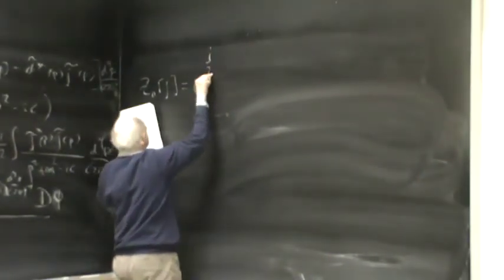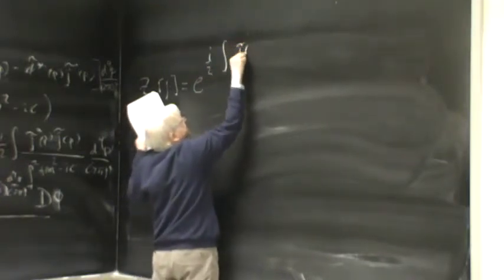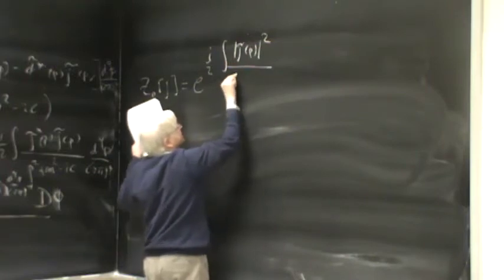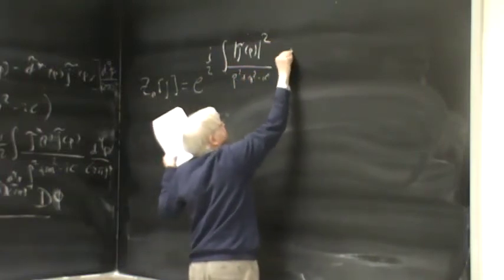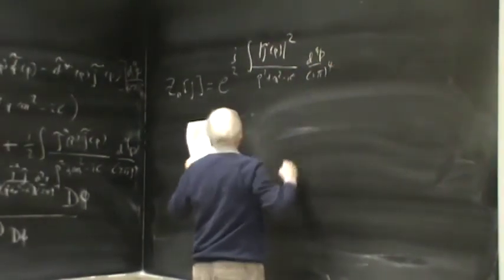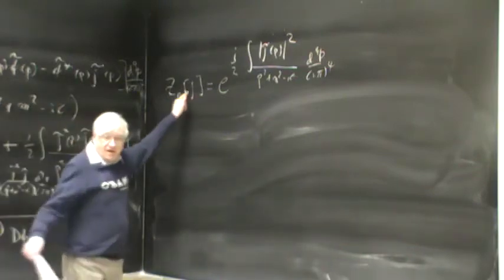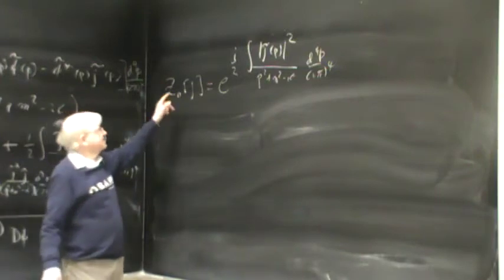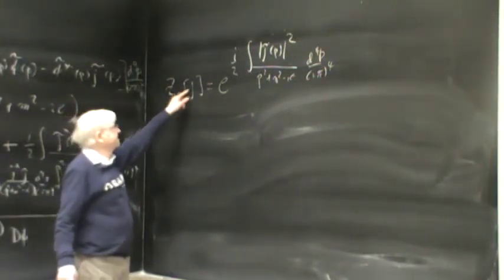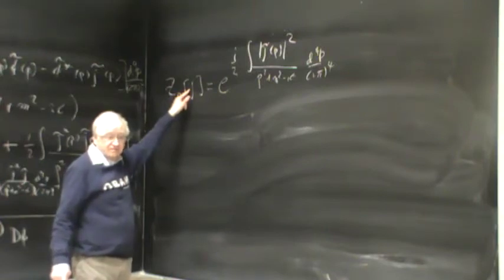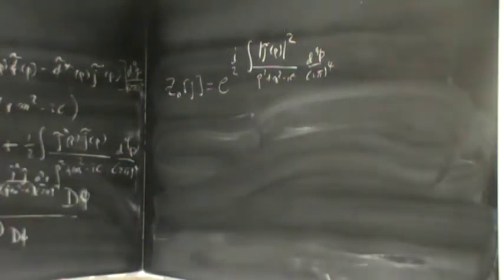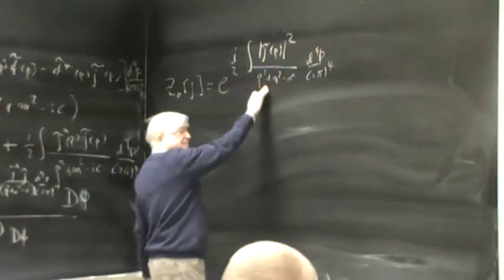Namely, it's e to the I over 2, an integral of j tilde of p, absolute value squared, over p squared plus m squared minus I epsilon d4 of p over 2 pi to the 4. Because this theory is soluble, we can actually compute things. This is the mean value of that exponential linear in the field, and this is a functional. Now this is a very useful mathematical thing. In particular, if we go back to position space,